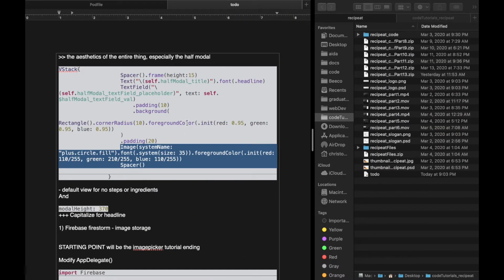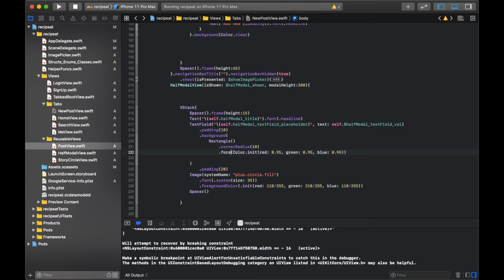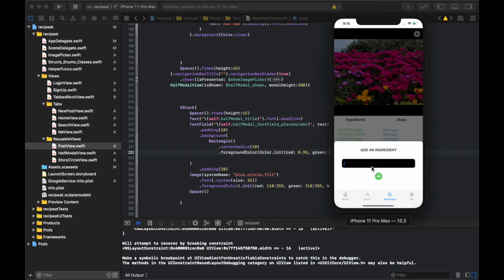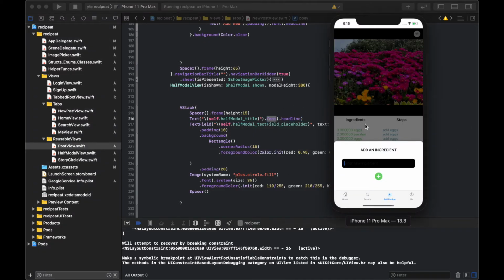Let's take a look at what we had going on. Ah, it's foreground color, that's why. This should be foreground. When you're dealing with a shape, it's actually the foreground color that you're changing. So now that we have that doing what we wanted,